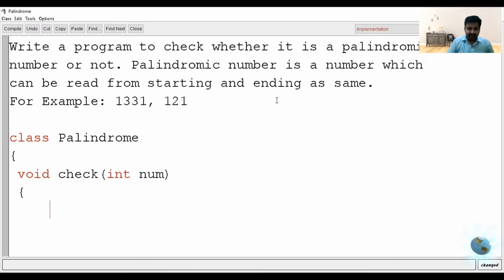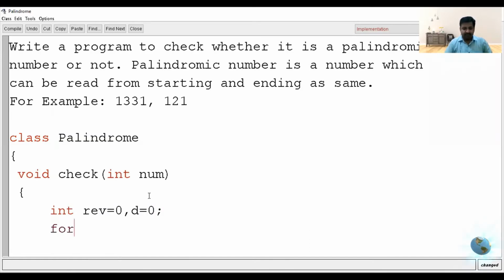You can also take the value input using the Scanner class, but it's a good habit to take the input as a parameter if it is not given. So now after taking the number input as parameter num, we have to find the reverse. So for reverse, we are declaring rev equals to 0 and declaring one d equals to 0.